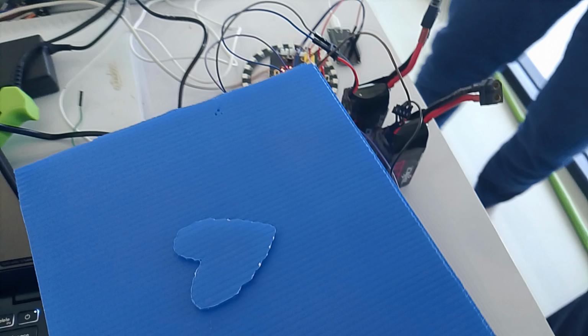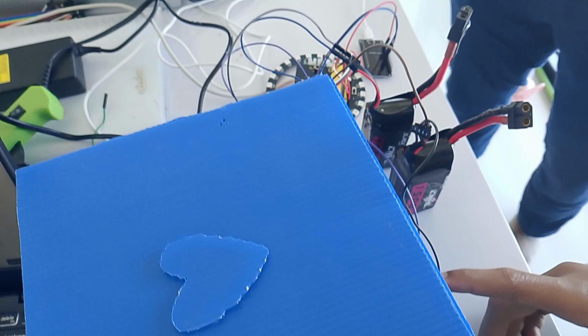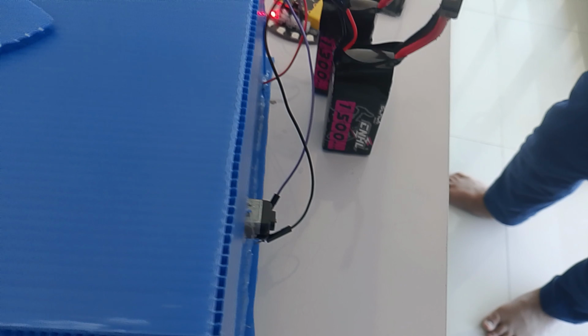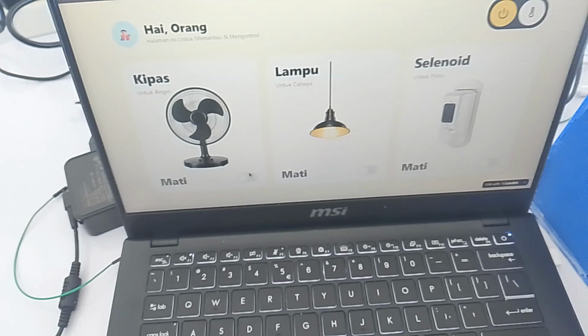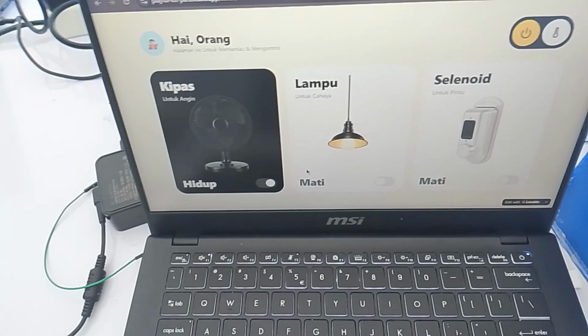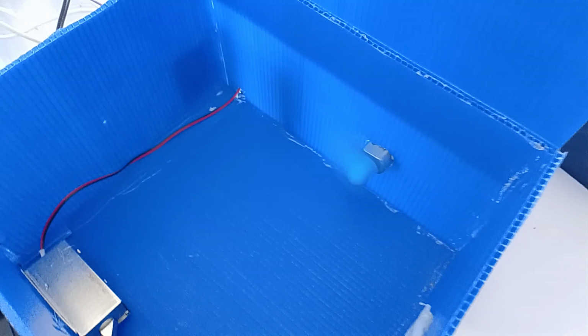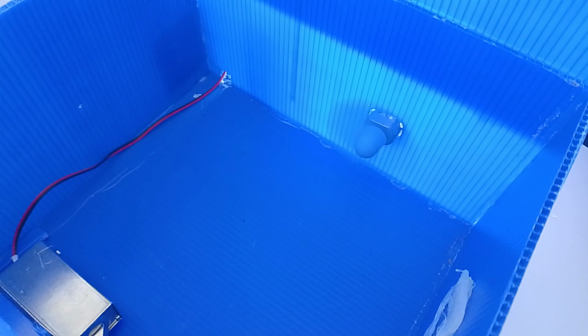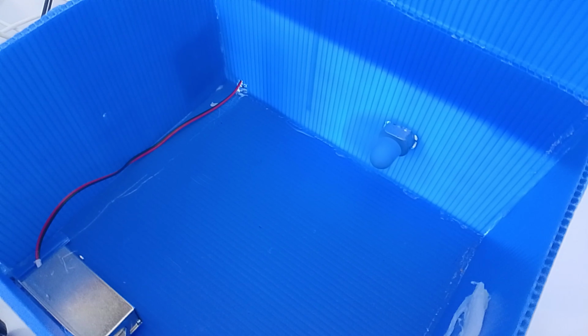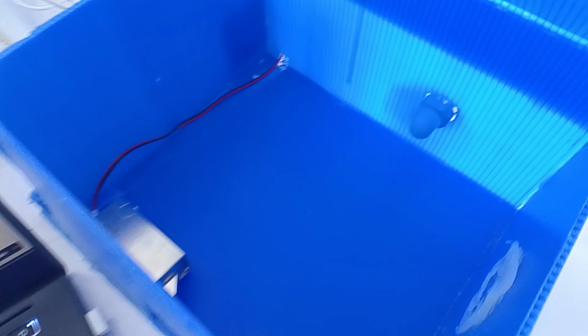If you want to turn on the kipas, or the fan, you can use the website here. After we turn it on, we wait, and you can see here, and okay, close.